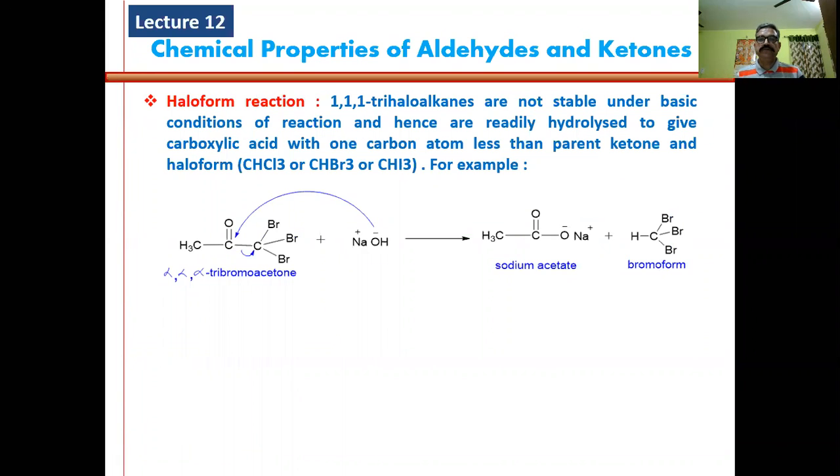Haloform reaction. So 1,1,1 trihaloalkanes जो अभी हमने बनाया होगा are not stable under basic conditions of the reaction and hence are readily hydrolyzed to give carboxylic acid with one carbon atom less than the parent ketone. A strong minus I effect is operating, which makes this carbon-carbon bond highly polar, because of three electron withdrawing groups attached to carbon, and this carbon has sufficient positive charge, so it gets easily attacked by the OH negative and